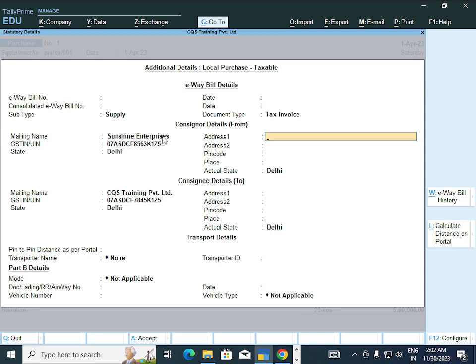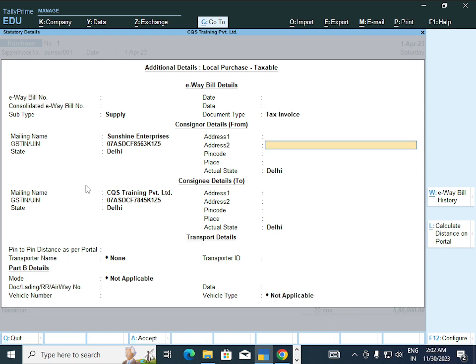Sunshine Enterprises is the consignor for us, because we are the receiver and Sunshine is the giver. Sunshine GST number, their state. Consignee is the buyer and consignor is the seller. So the mailing name is Sequest, our company GST number, state.